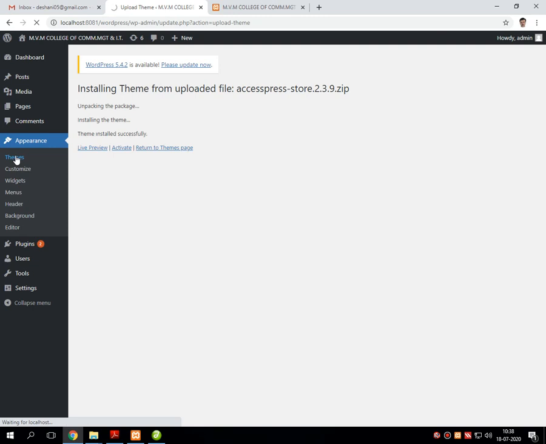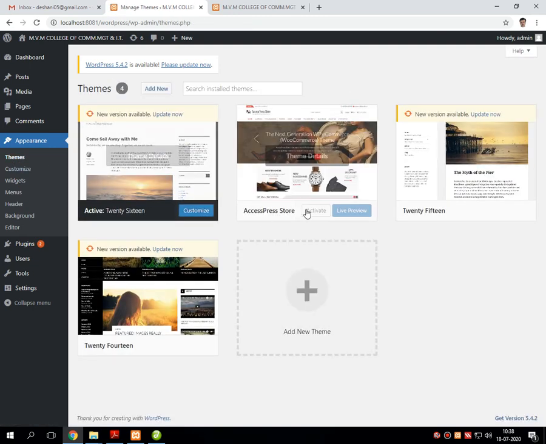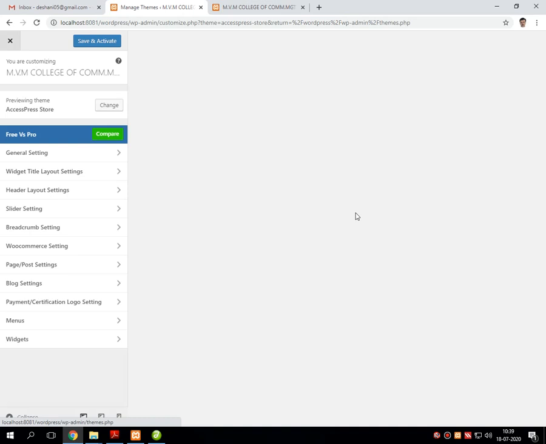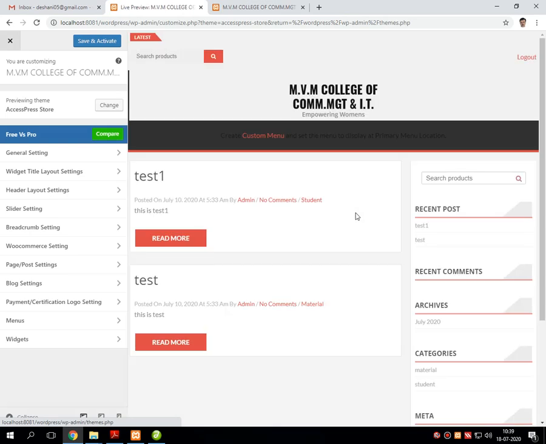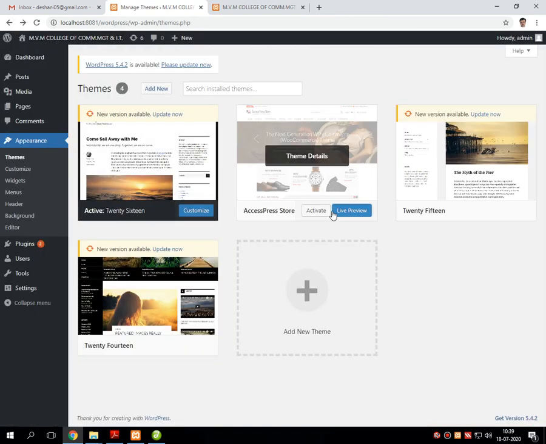Into the theme window, that theme and its preview will come. Just click on the preview first. Yes, the preview returns successfully onto the screen. So just go back and activate that particular theme.